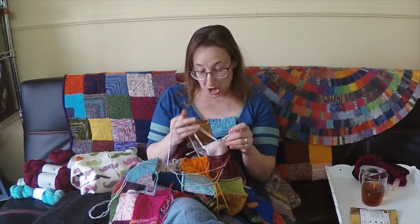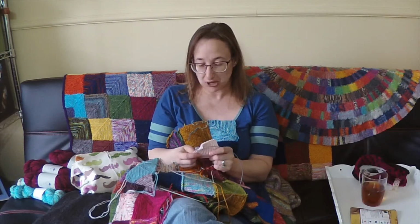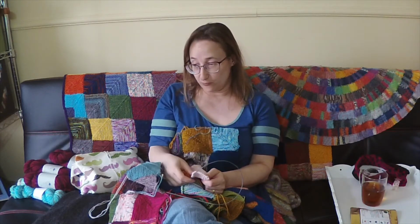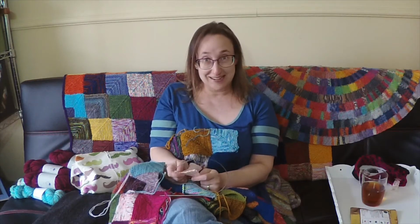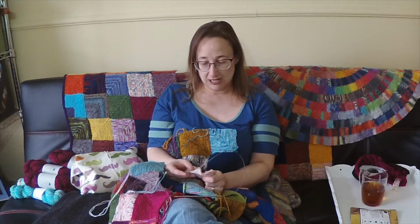So that is 30 more blocks. So I'd have to knit a couple in an evening, which I think I can probably manage. And I guess I'd have to knit about 4 an evening to finish by the end of the month. So we'll see how that goes, but I am kind of gung-ho to just get this one done, and then